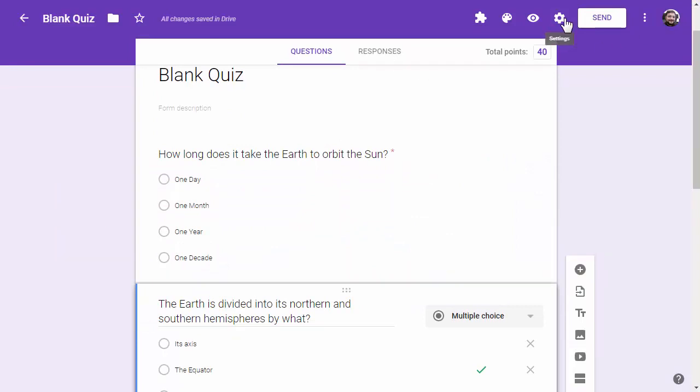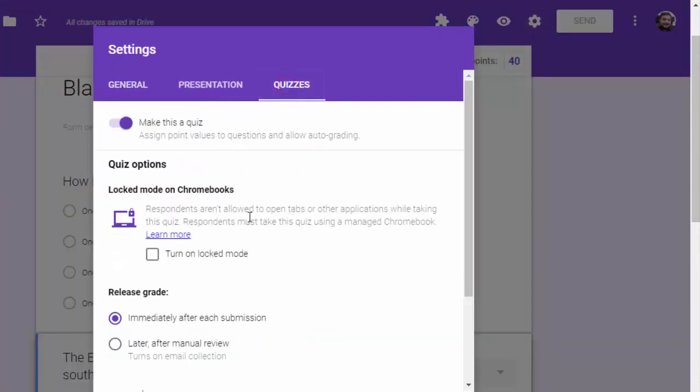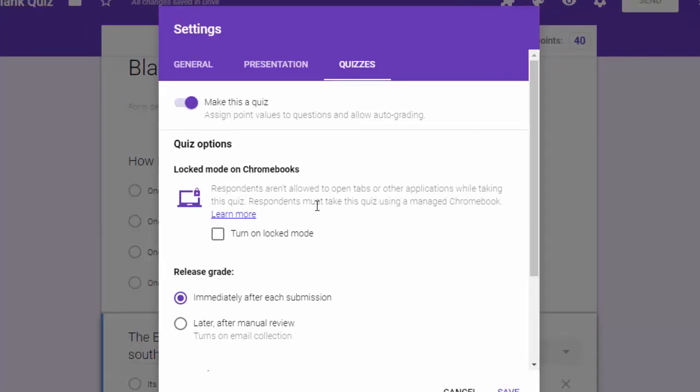Once you get your quiz set up as you like it, you can then choose to use locked mode. That's the second thing. Click on the settings at the top and go to the quizzes tab, and you'll see that you now have the option to do locked mode. Locked mode basically locks down their browser so that they can't leave their browser or leave the tab while taking